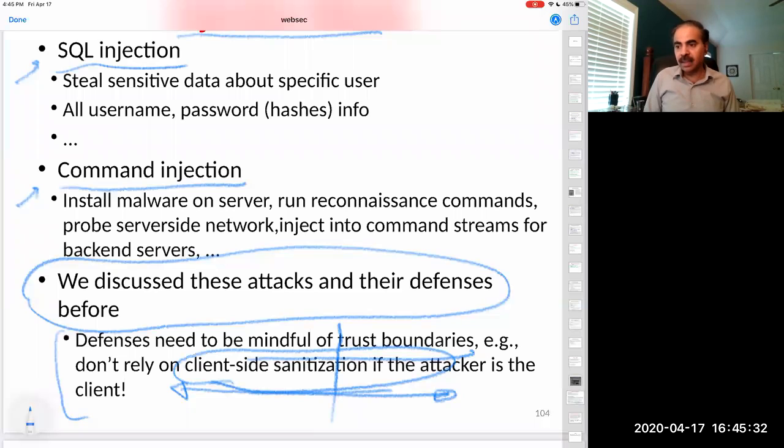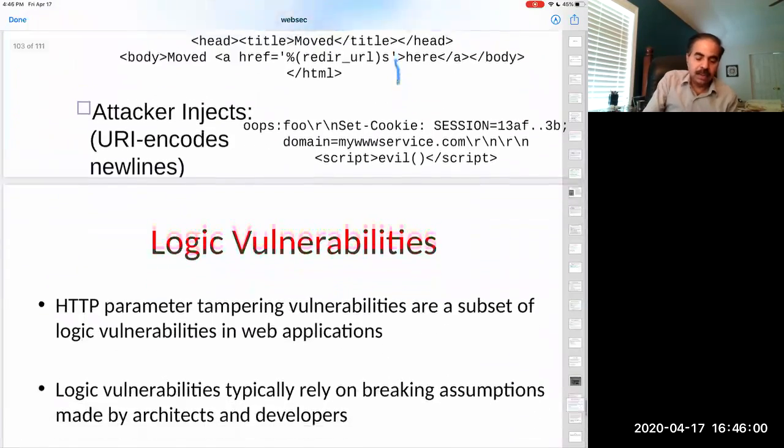So in summary, if you are considering that the user is the attacker, then you better make sure that all the security checks that you want to perform are done on the server side, and the only checks that are done on the client side are the ones that improve usability or functionality, but have nothing to do with security. So that's